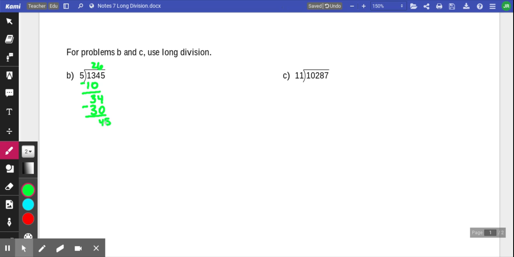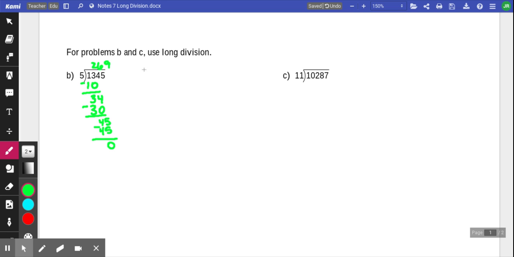5 times what gives us 45 without going over? In this case, it's 9 exactly. So 9 times 5 gives us 45. So then when you subtract, we get 0, which means that 5 goes into it, it's a factor of